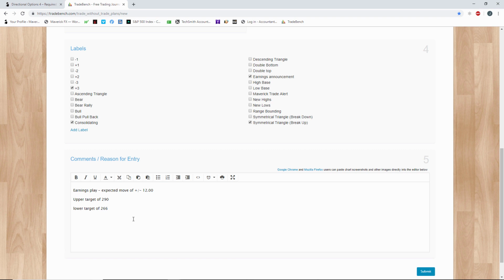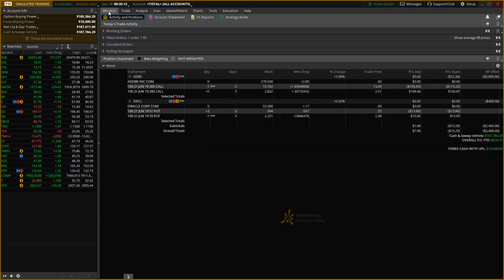Here's something that really, really helps: separating out the costs for each leg. This is big. So I'm going to go back to monitor, and that is here, my trade price. So I sold the 265 calls, and I brought in $13.45 for credit. Now, I might add something a little bit different here, because I'm going to add an extra note because I want to know what 1 to 1 is. So if I take $13.45 minus $2.51, which was my average cost for the calls, I get $10.94,